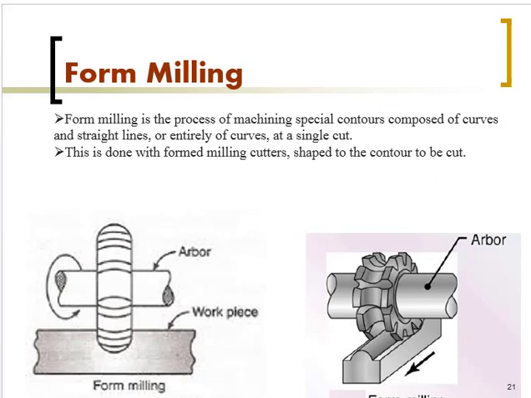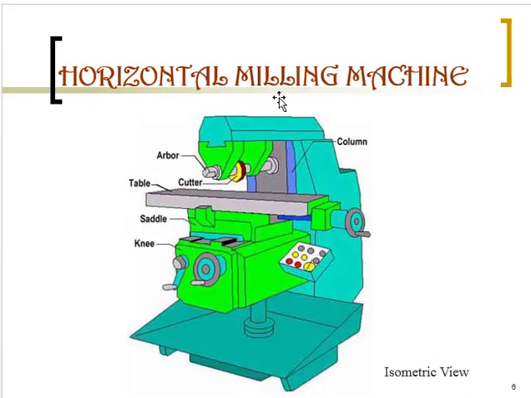And one more thing is, in the milling operation, in the syllabus, they have mentioned the working of horizontal and vertical axis milling machines. The horizontal axis milling machine I showed in the previous class itself. I will show you once again. This is the horizontal axis milling machine. This is the cutter, you can see there, they have clearly given, and this is the arbor on which the cutter will be mounted. So here the axis of the cutter will be horizontal, so the name is horizontal milling machine.